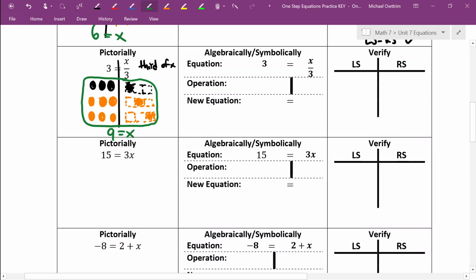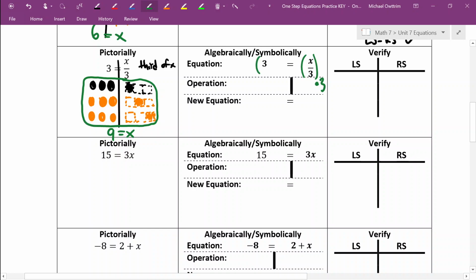In terms of my operation, here's my x. That fraction, remember, means divided by 3. So I want to ask myself, what is the opposite of dividing by 3? And the opposite of dividing by 3 is multiplying by 3. And remember, we use our dot symbol in algebra for multiplication, just so we don't get confused with the variable